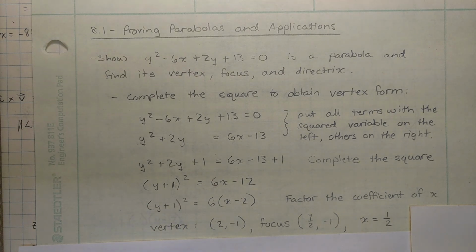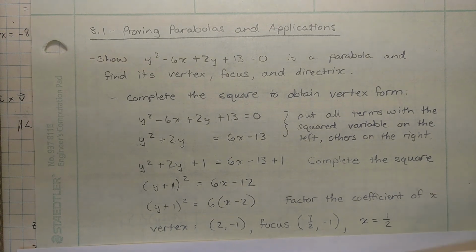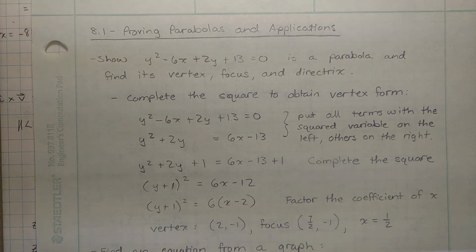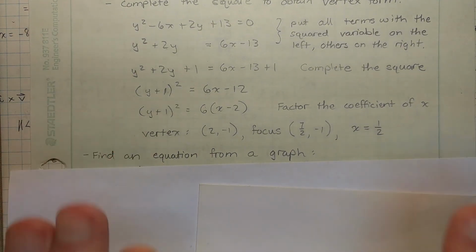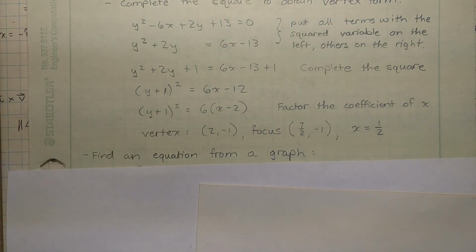All right, that's one type of problem you're going to have to do. The other type of problem you're going to have to do are some application type of things. So here's one that's really easy. Well, I don't know if I'll say really easy, but it's pretty easy. Find an equation from a graph. And they're going to keep it easy on us because they're going to show us the vertex. So long as they show us the vertex, it's pretty easy. If they didn't show us the vertex, then it would be a more difficult problem. But since they show us the vertex,